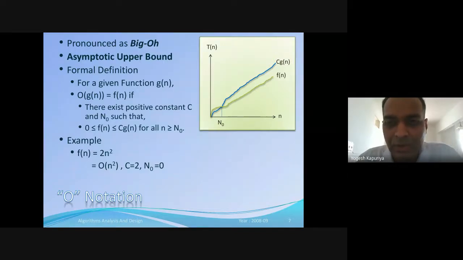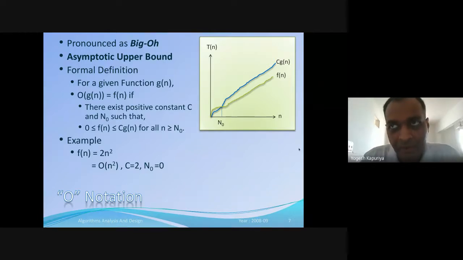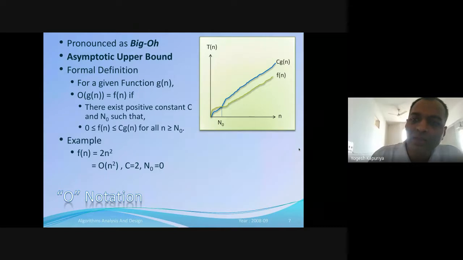So on the x-axis you have the value of n, on the y-axis you have the value of T(n). And remember, this all falls into the natural numbers. So there are no negatives over here, there are no negatives over here. So there is no negative x, there is no negative y. So all the values fall in this region only. So all values are positive only. Now let us try to understand. We have these two functions. One is f(n) and second is, let's say, c g(n), where c is actually a constant.